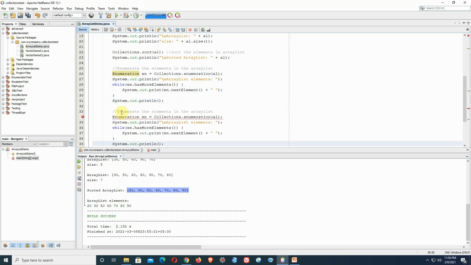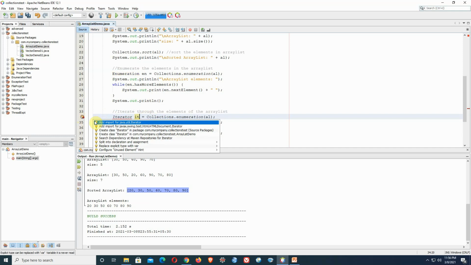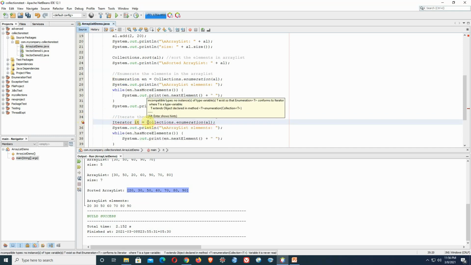I am changing the statements one by one. Iterate through the elements of the array list. It will now be using Iterator. So Iterator, this one, should be imported here because it was not imported earlier.